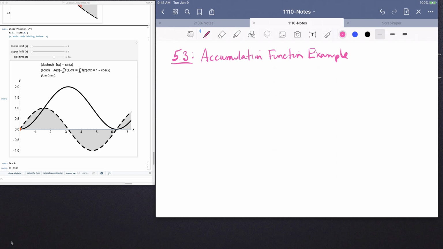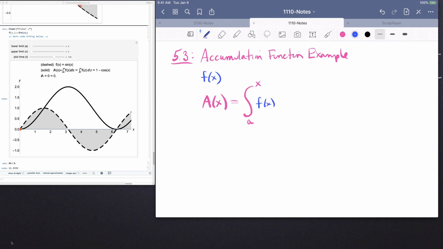Alright, in this video we look at another accumulation function example. Just want to point out that there are going to be a couple functions involved. There is the function itself, and then there is something called the accumulation function. The accumulation function is accumulating through a definite integral. It's accumulating area, both positive and negative area, signed area, from some number a up to x of the given